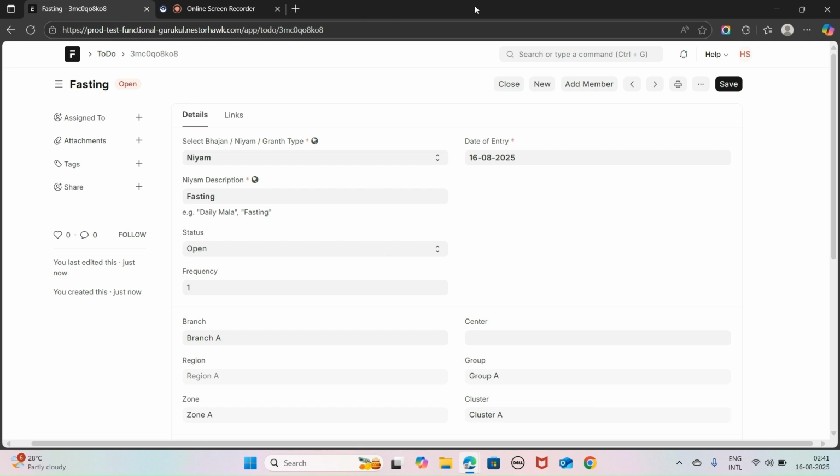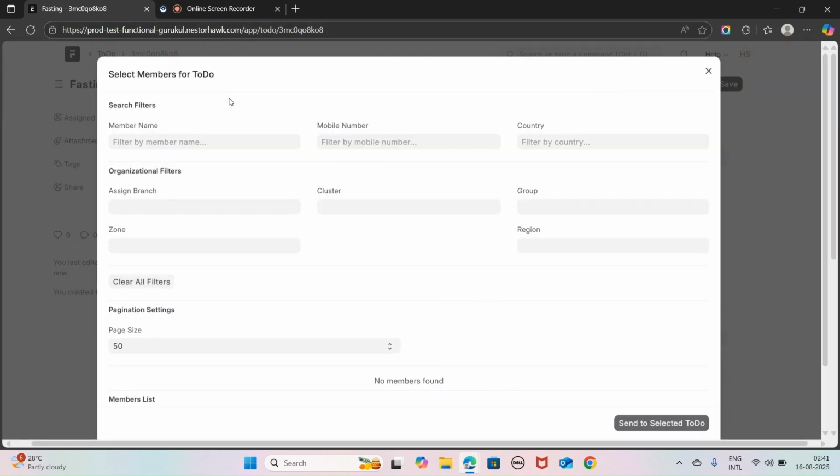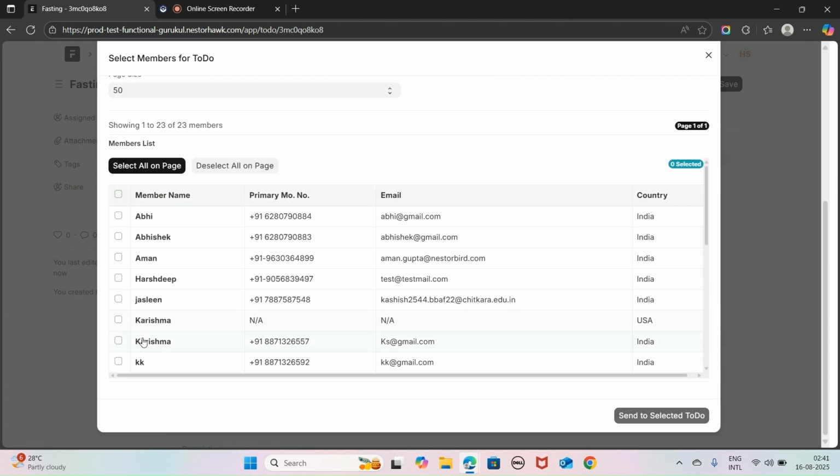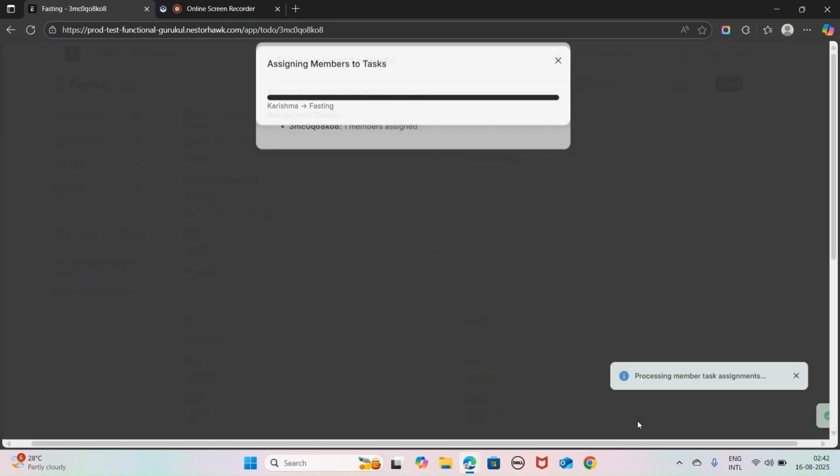Now you can add a member to do this. Go to add member, same as before, select the member name, mobile number, or directly select the member from the drop down. I will assign it to Karishma, send, and select to-do.